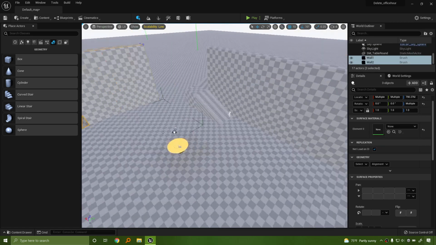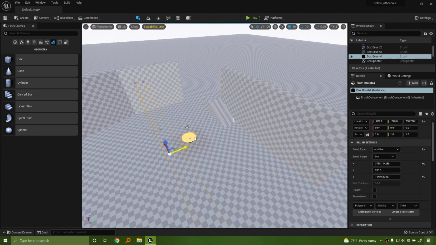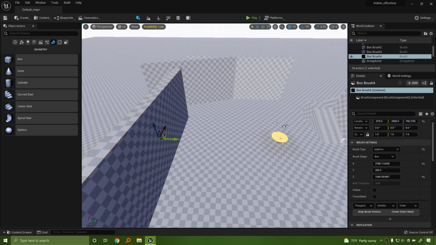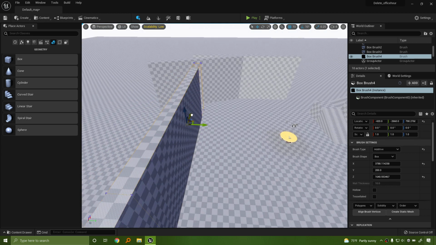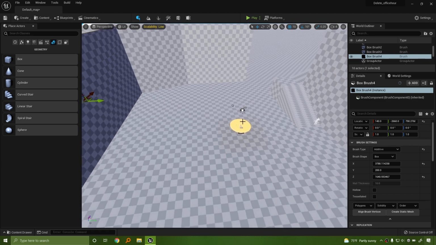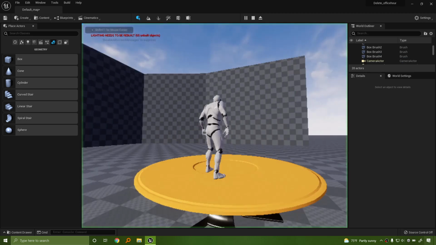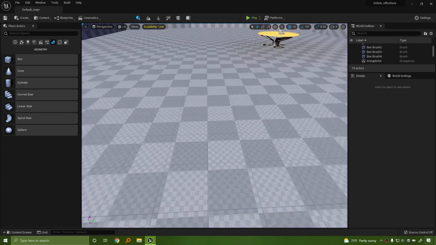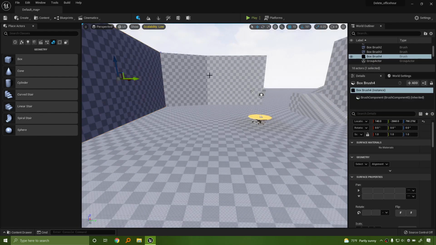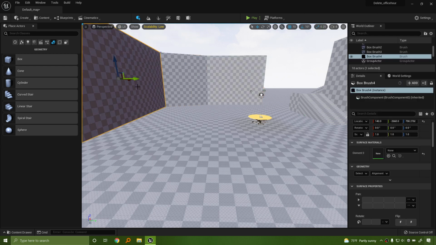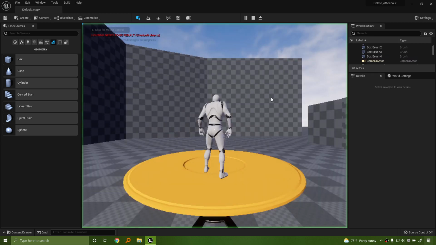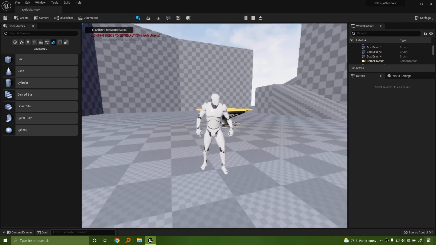Okay, I'm going to grab another copy of this guy here, bring this over, and I'm just going to shove that into that. Play real quick. Still getting a little bit too big, so I'm going to select both of these and move them in. To play. Yeah, that's about what I want.